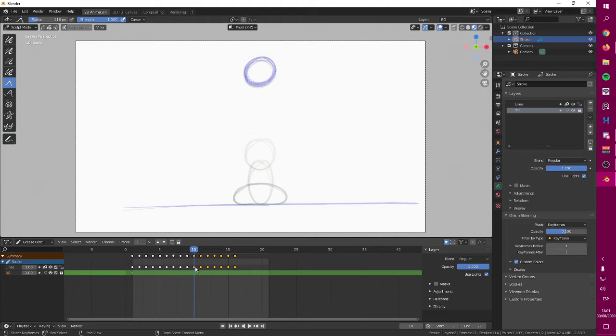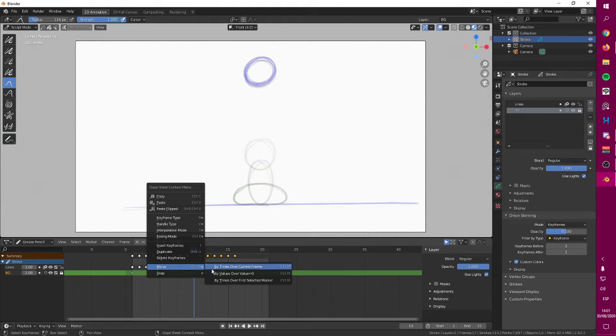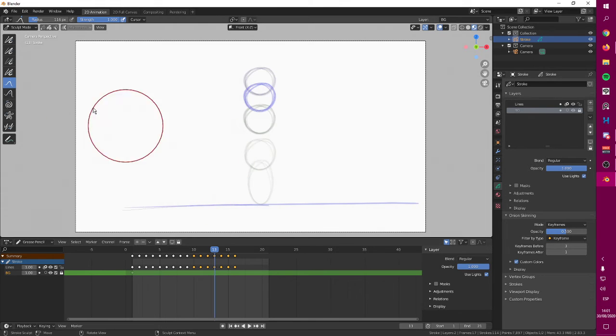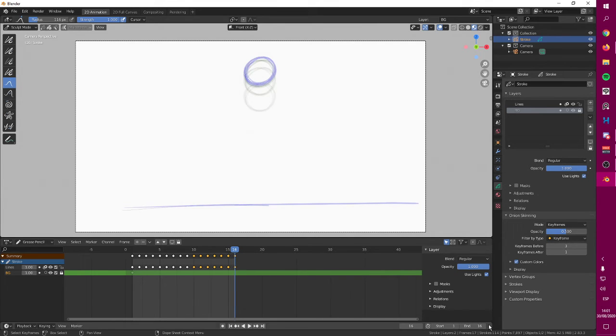But that's too complicated. Just go in here, go on mirror, click the first one by times over current frame, and then grab this by pressing G and put it in here. I've never done that, excuse me, but that's the way this is now a loop. Let me change this to 16 frames and let's play it. And that's it. Very simple indeed.